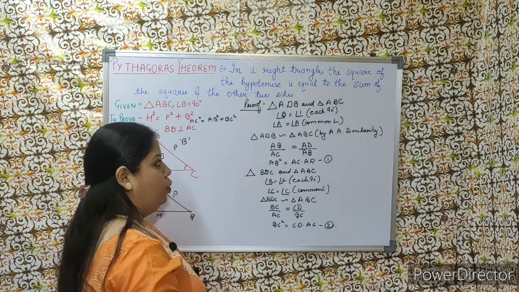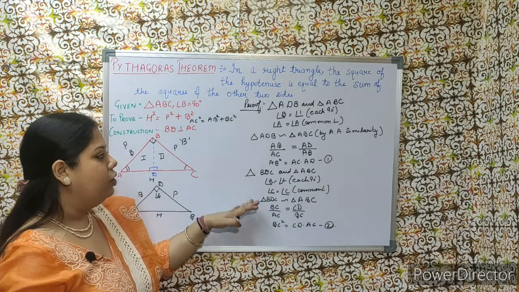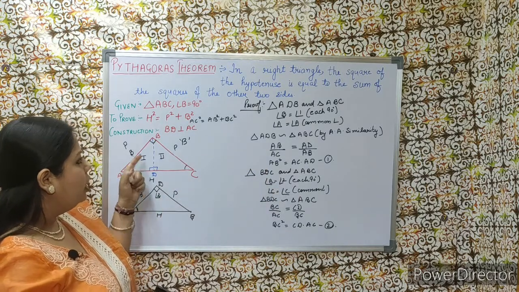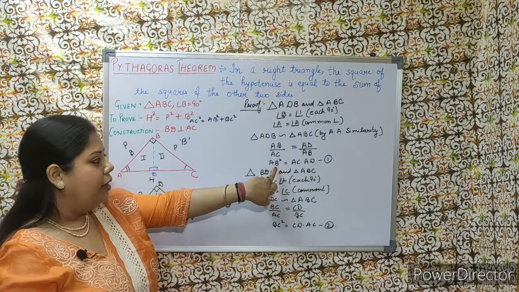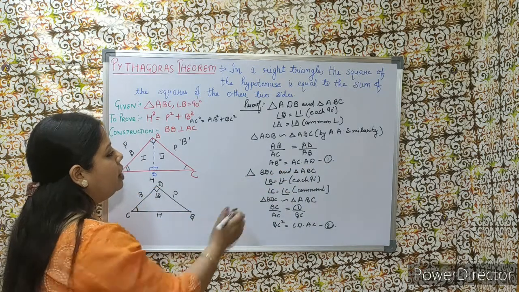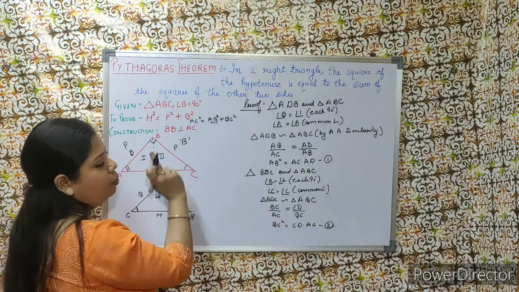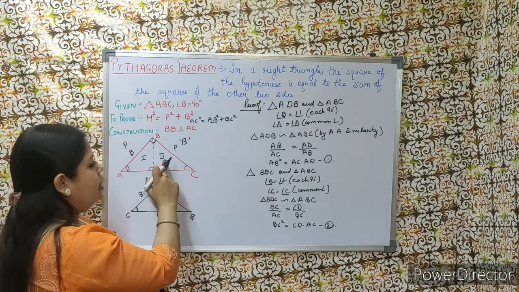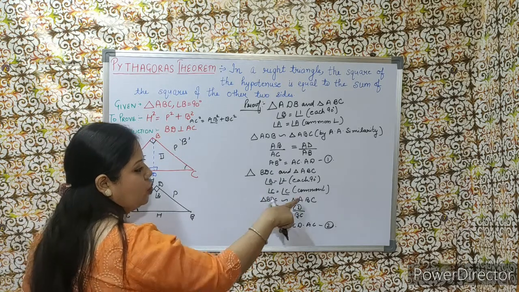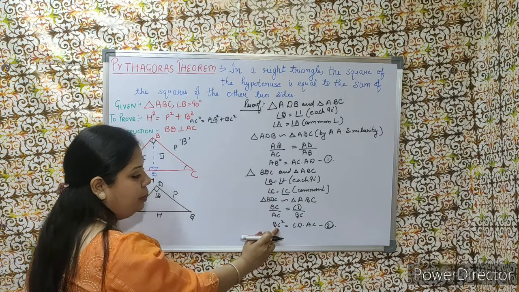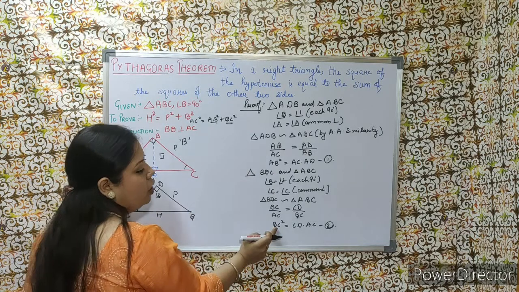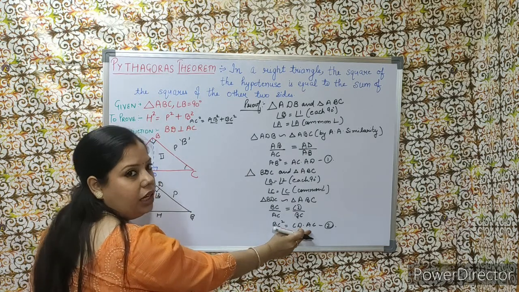So you have seen I have divided the proof into two steps till now. In the first step, I have proved that this first triangle is similar to the bigger triangle and got one relation from here: AB square is equal to AC into AD. AB square is required in the proof. In the second step, I have proved the second triangle similar to the bigger triangle. By writing the proportion and cross multiplication, I got BC square. The second side I need is BC square. So I have got BC square is equal to CD into AC.